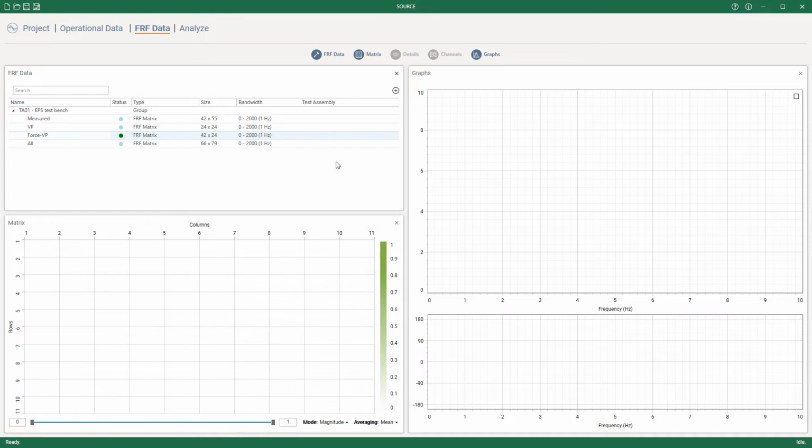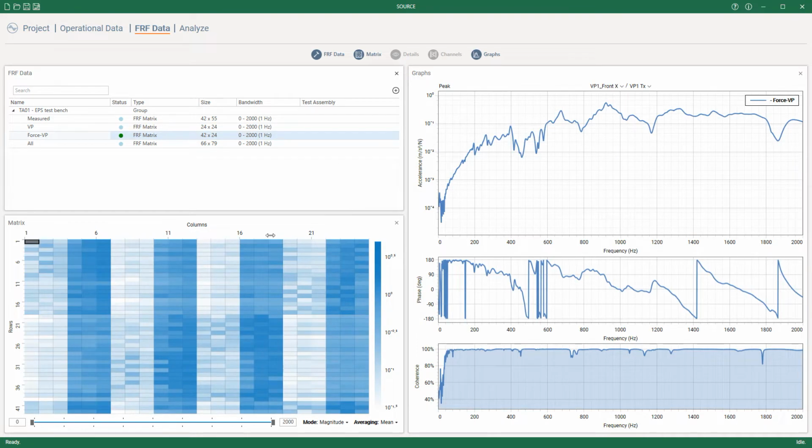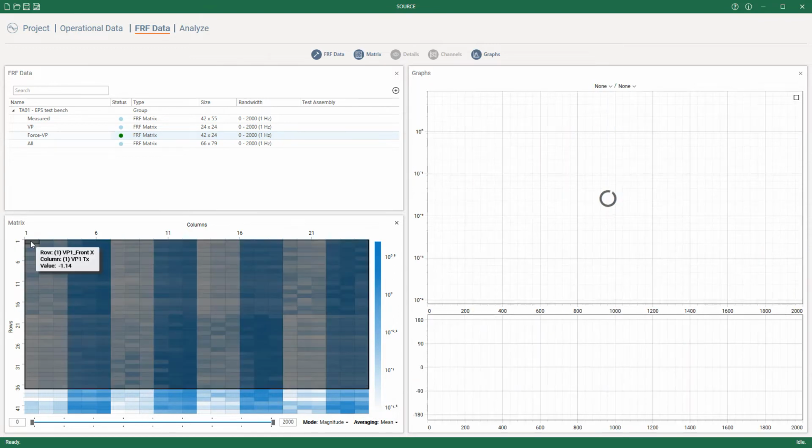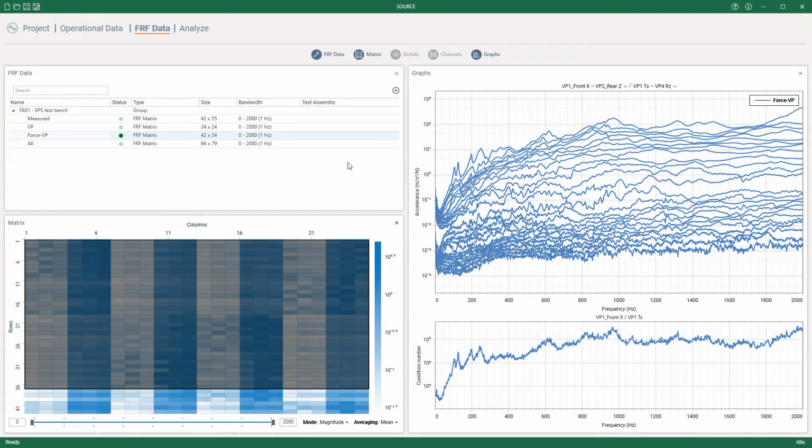In this tab you can either plot individual FRFs and also the complex mode indicator function of the whole matrix. This is a valuable tool as it gives you an idea about how many degrees of freedom are relevant to model your system. Here, for example, the singular values contain quite some noise in the lower frequency range. This is something that could become relevant when we assemble the steering gear in a virtual prototype.